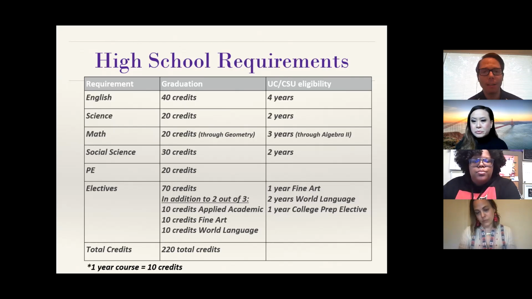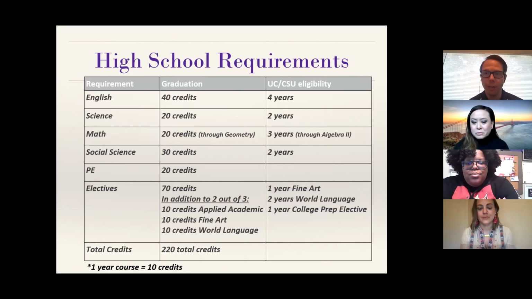And again, this is not something you have to memorize right now. We're going to show it to you every single year, probably multiple times every single year. We as your guidance counselors actually review your transcript every single year in the spring, so we are constantly checking your transcript. I believe we do it a total of 4 or 5 times throughout your career because we do it twice in your senior year. So we really make sure to notify you if you are off track, whether it's off track for high school graduation or off track for UC-CSU college eligibility.